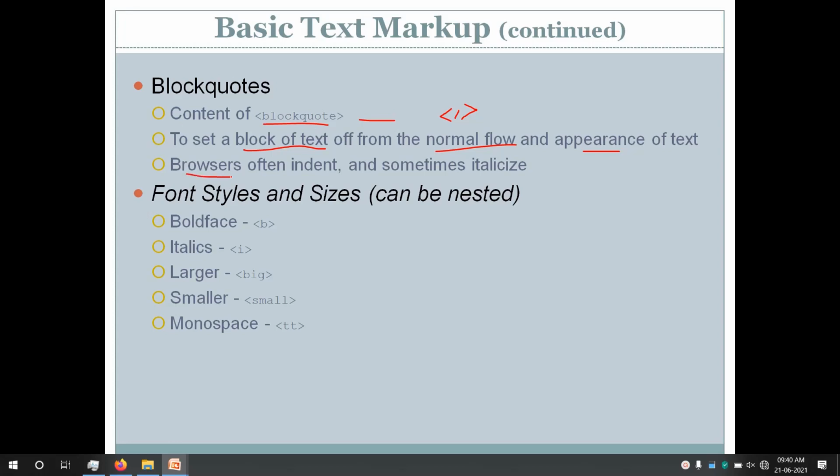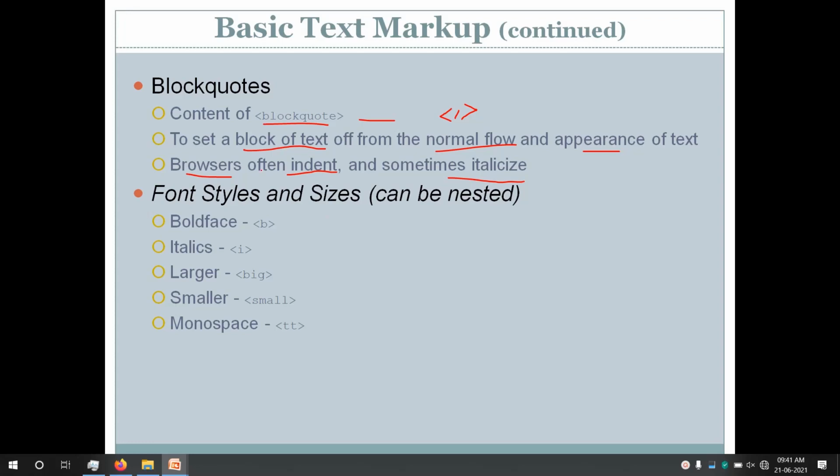Some browsers often indent the text to make it different from the regular text, or some browsers even italicize the text. So it basically depends on the browser how it makes the text appear different from the regular text. But block quote can be used to make your text look different from the regular text.